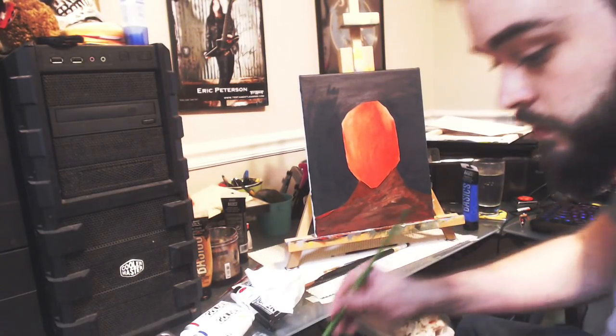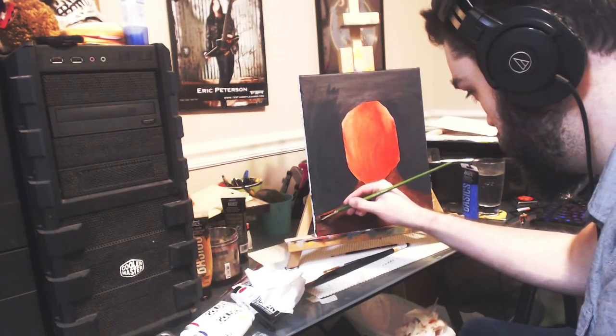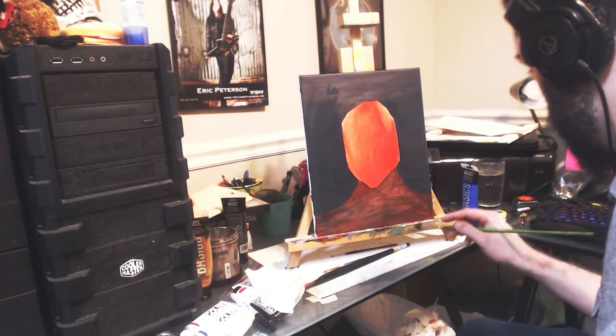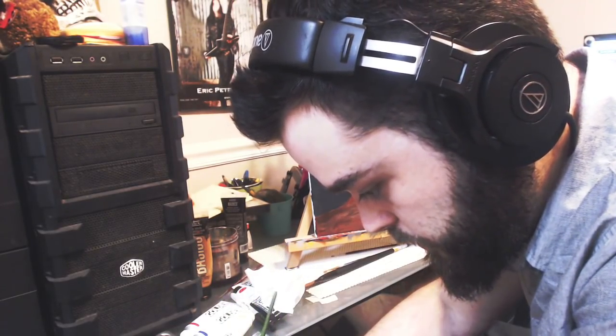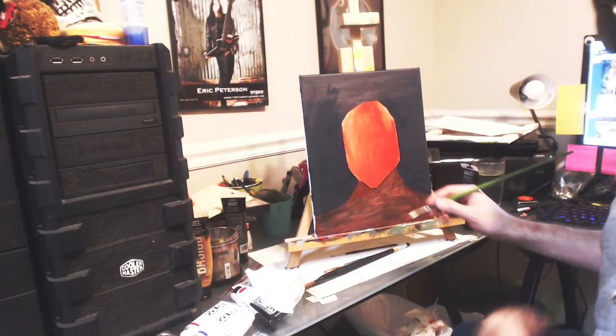We can get this a little bit less patchy. It should look better. Again, the paint is still so very wet that it just doesn't want to go on, but we're going to make this work. Okay, so now...